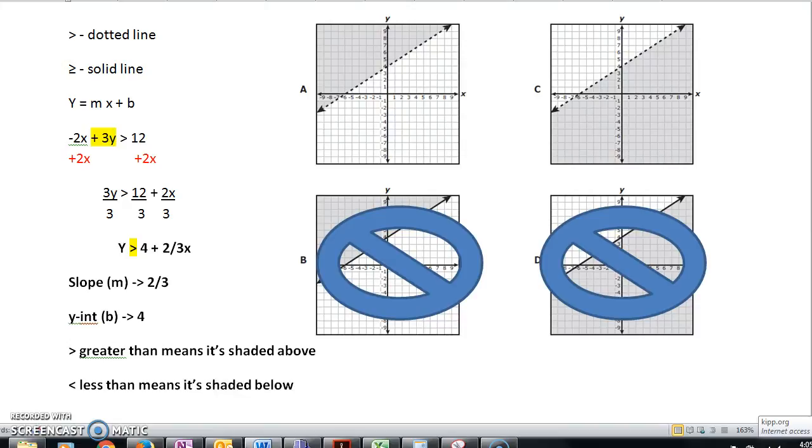And that should naturally make sense to us. If something is greater, then above makes sense with greater. If something is less, below makes sense with that. So I'm asking myself, where is my shading? Is it above or below? In this case, for A, shading is above. In this case, for C, the shading is below. I want greater than. That's where it's shaded above. So the answer choice is